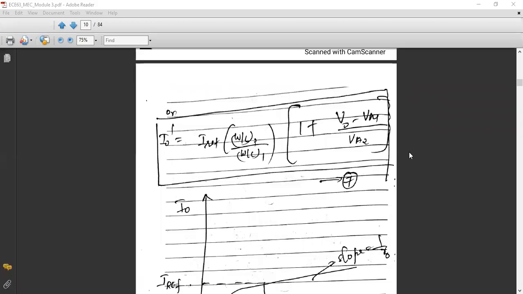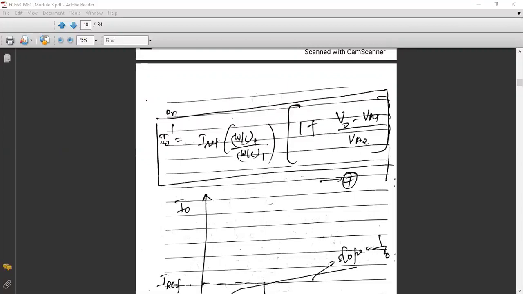Good evening, students. So in the last class, we have studied the effect of V0 on the output current of a current steering circuit. Here, the final current is I0 dash. Initially the current was I0, depending only on I reference as well as the aspect ratios. But now you can see it also depends on the voltage V0. So this V0 is going to determine the new value of the current, which is denoted by I0 dash.